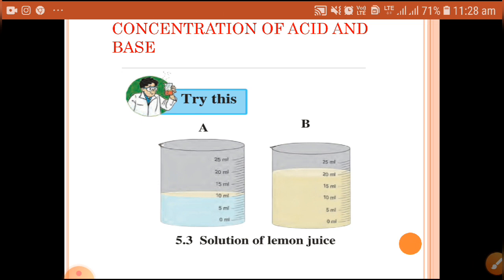So why is the taste different? Although the quantity of solute is the same in both the solutions, the quantity of solvent is different. If you take sugar, sugar is solute, water is solvent, and if you mix it, it will become a solution. If you take 1 glass of water and dissolve 1 spoon of sugar in the first glass, and in the second glass the same 1 glass of water, but you dissolve 3-4 spoons of sugar, you can see the taste will be different, obviously, because the amount of solute is more.